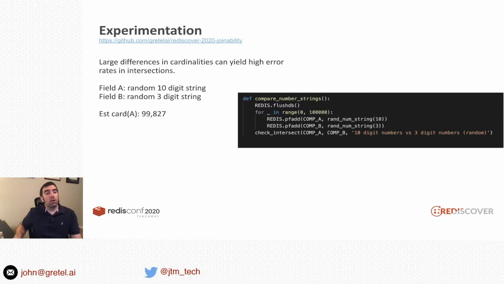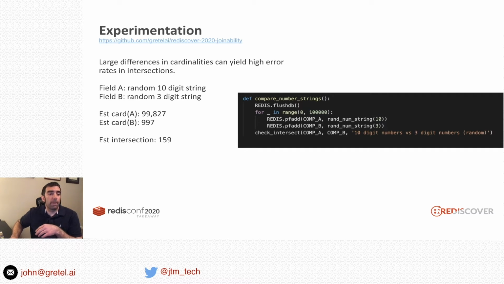The estimated cardinality of A comes in just under 100,000, and the estimated cardinality of B comes in at 997. Now, obviously, because we have a limit on the 3-digit string, there's only so many combinations of a 3-digit string that we could have, which lowers our cardinality for set B, no matter how many combinations we create. So really, we're comparing a set of 100,000 items to 1,000 items, which is approximately 100 times larger than set